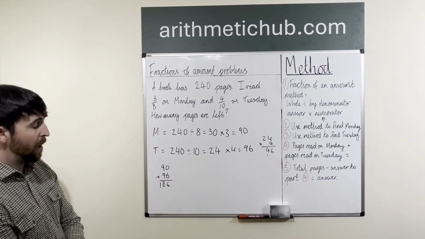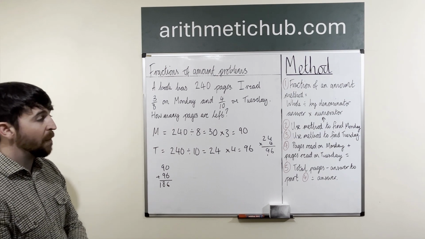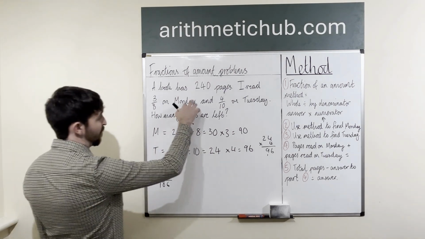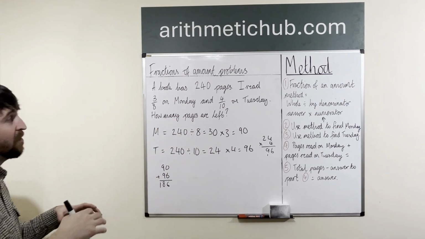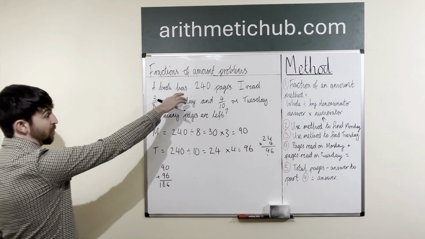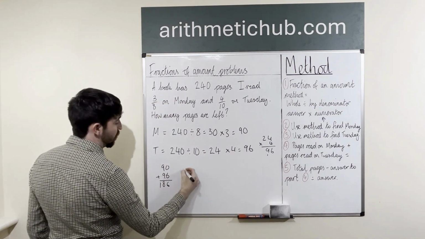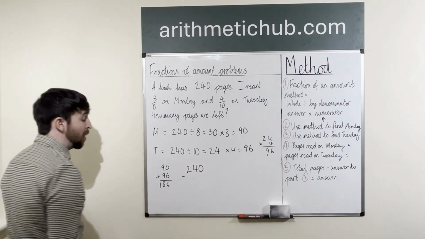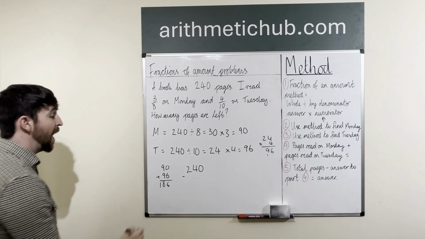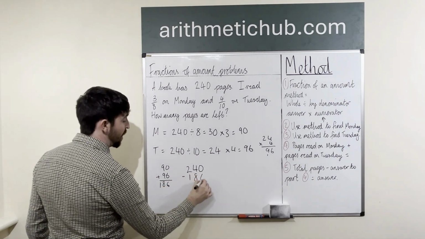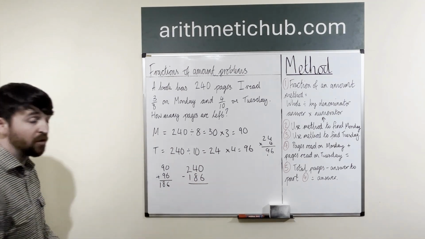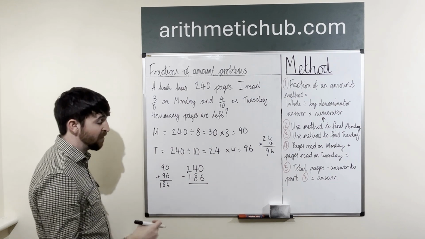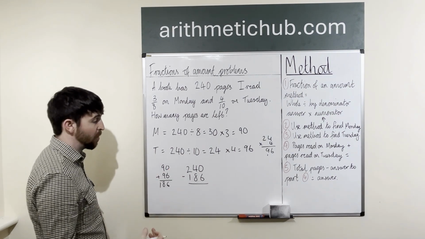The final part of my method says the total pages minus the answer to part 4 is going to give me my answer. So for my final answer to work out how many pages are left, what I'm going to do is I'm going to say, right, 240 was my total pages I had in the book. On Monday and Tuesday, I'd read 186 pages. So all I'm going to do to work out how many pages I've got left is I'm going to subtract